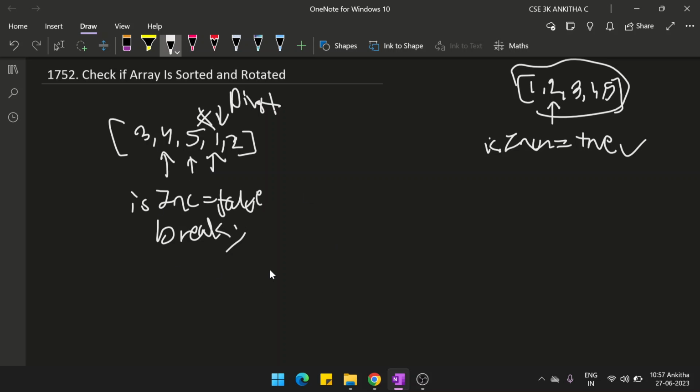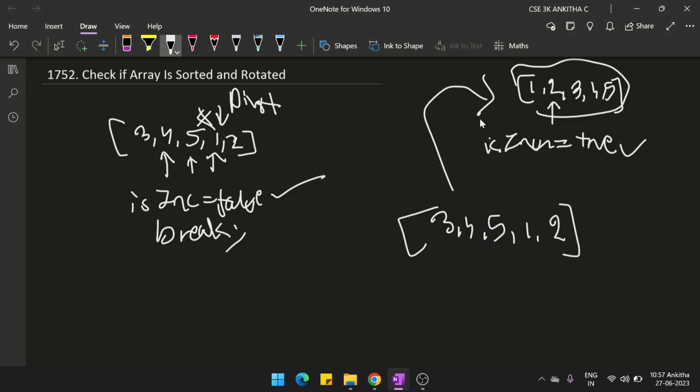So okay, now this is done, right? Once you break from the loop, isIncreasing is false. So in this case, the array is not sorted, but it's rotated actually. So how do you check whether it's rotated or not? What we have to do is, in this array 3, 4, 5, 1, 2, we need the array from this to this. We have to rotate it. So let's do the rotation, right? If we do the rotation of the array, this 2 should move to